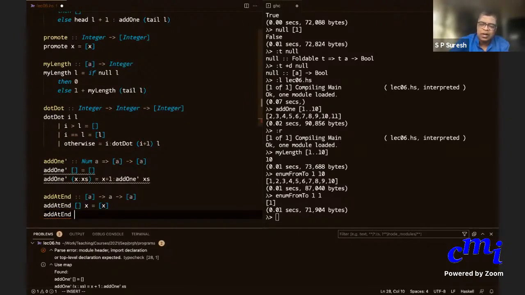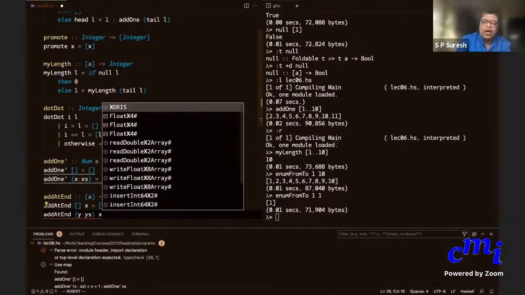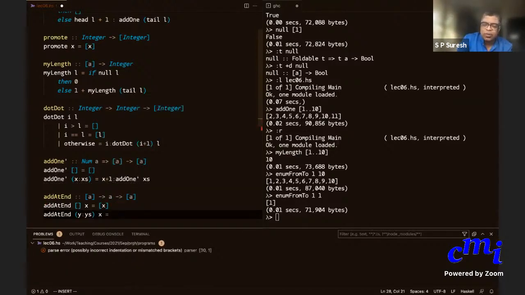What about add at end of y colon ys? That is my list. It has first element y, the rest of the elements are ys, and then I want to add x to the end here. So what do I do?